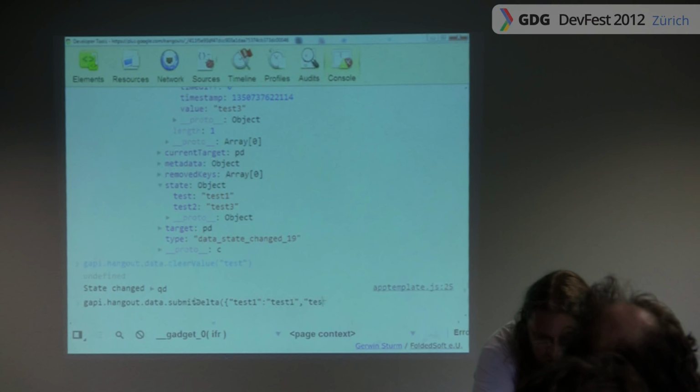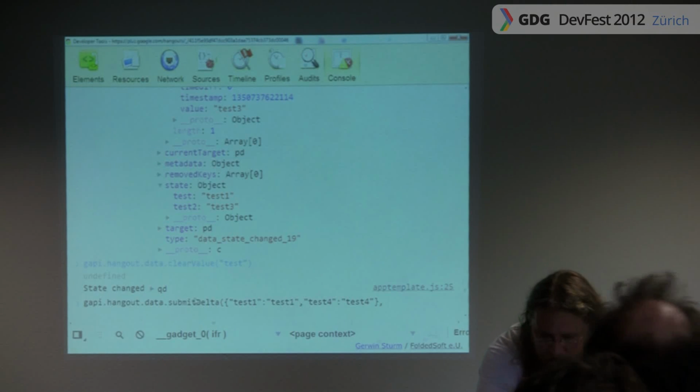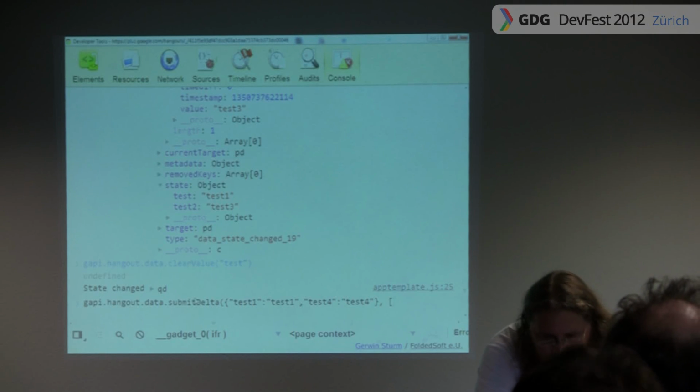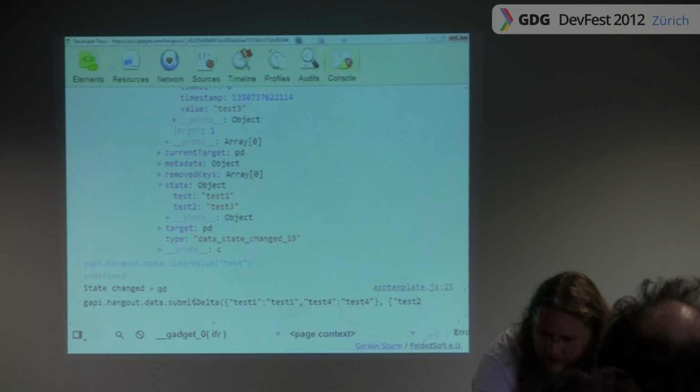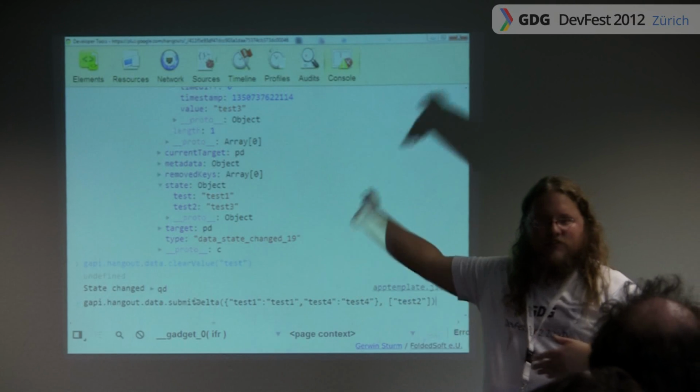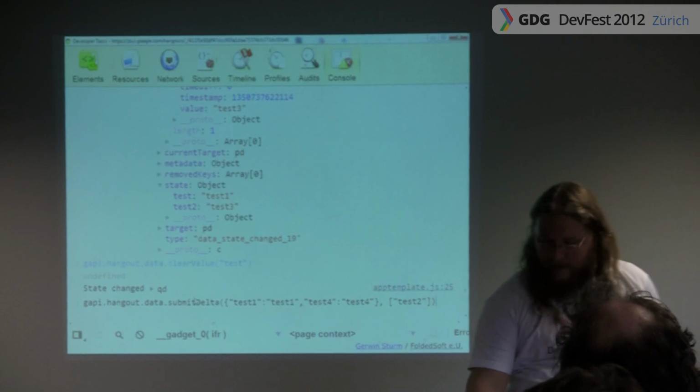And a second one, which we didn't have here. And then I can also define in the second parameter that I want to delete my test2 state variables. You can actually make batch requests like this to just push out all of them at the same time. Because